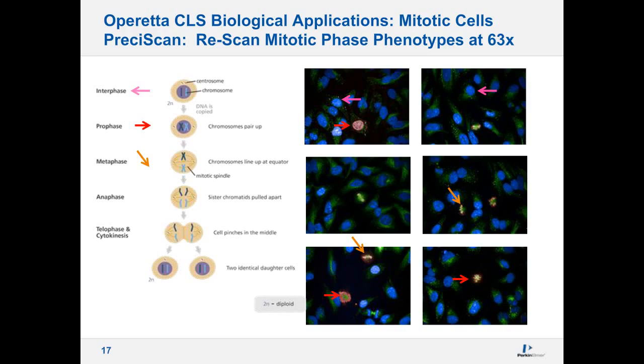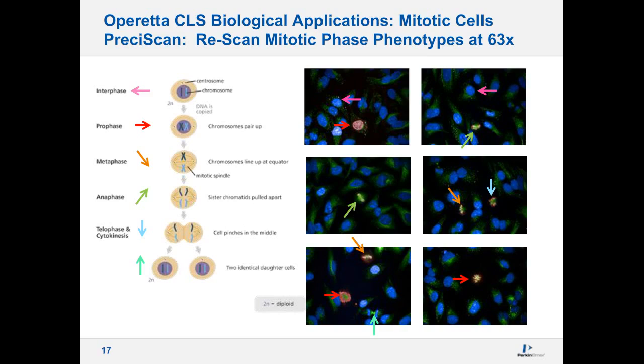We move to metaphase, where 2 cells are identified, and now we're starting to look at the band that goes across the nucleus, as shown here with the orange arrow. Then we identified 2 objects that appear to be in anaphase, and in telophase and cytokinesis, we were able to identify 1 here. So we started to have the splitting of the mitotic spindles, and finally we identified 1, as you can see at the bottom of the screen with the green arrow.